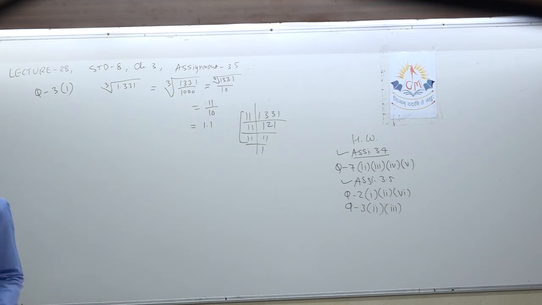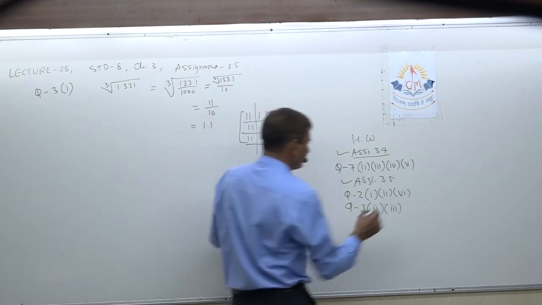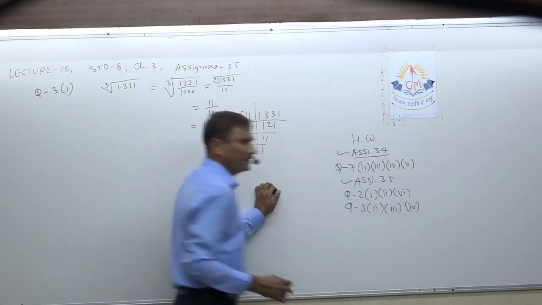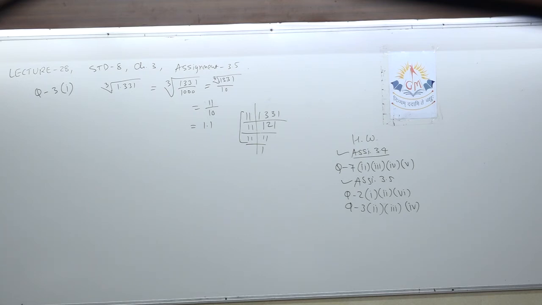Okay, now look at number 2, 3, 4. Okay, and a negative number again is not new. First of all neglect the sign and then see only what is the cube root of the positive part. And at last only you should apply the negative sign. So now look at the fifth one.